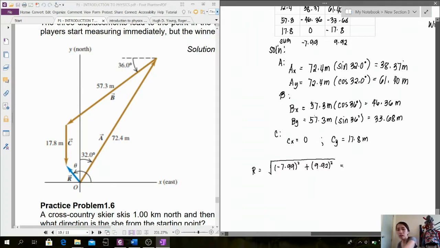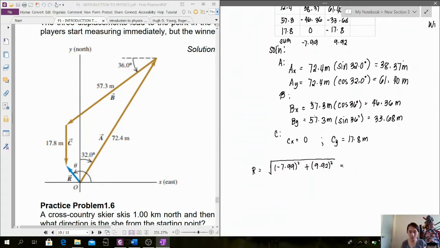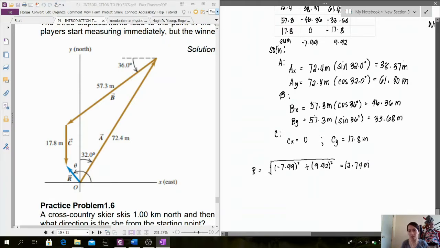So the resultant is equal to the square root of that, which is 12.74 meters. And as for the direction, theta, we have the arc tangent of